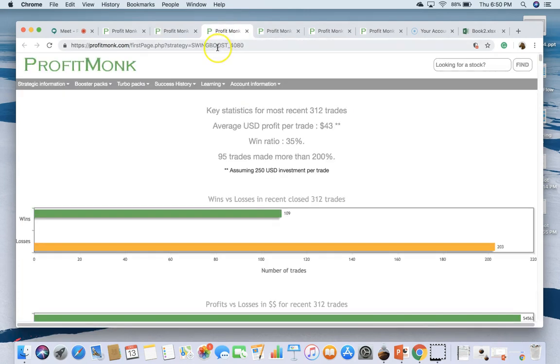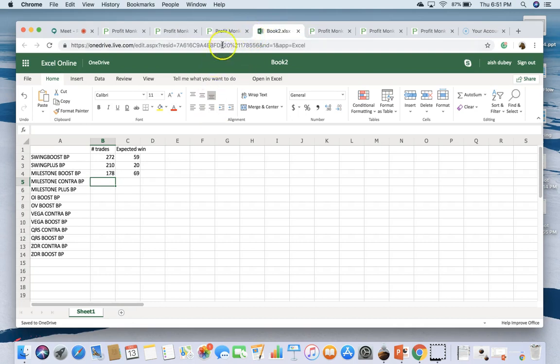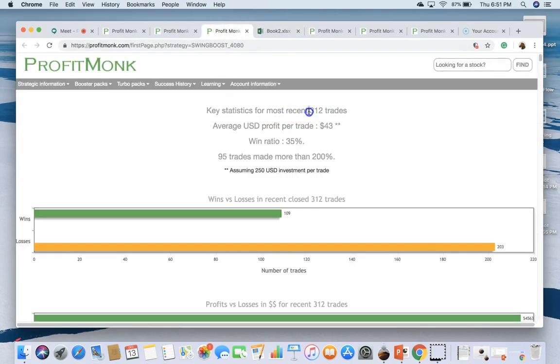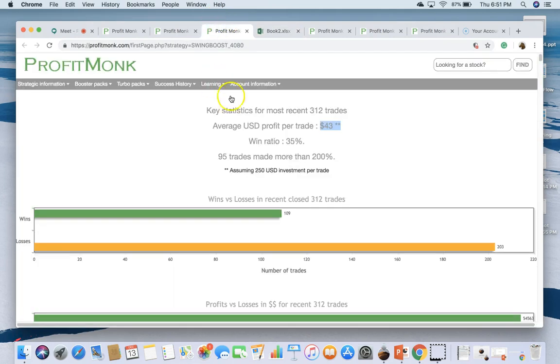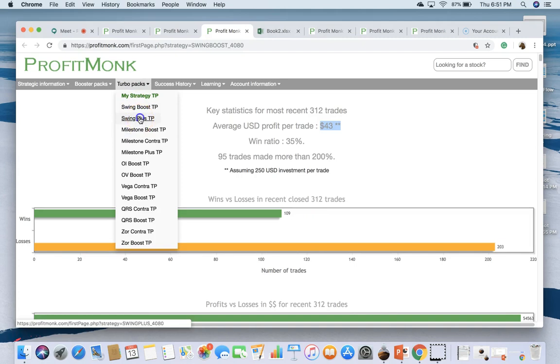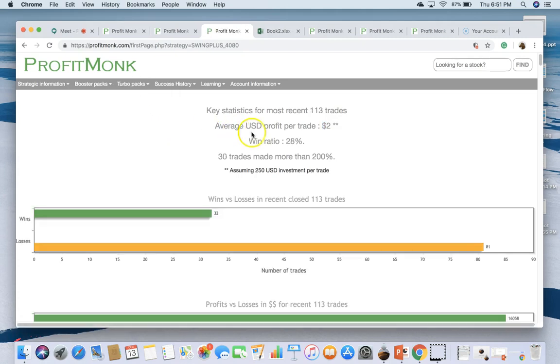So I opened the Swing Boost TP page, and you do see that for this strategy you had 312 trades come up and 43 was your expected gain. So this is what I do. I basically start making a very quick table. So 312 and 43, these are the numbers right here for Swing Boost, and then change to Swing Plus,